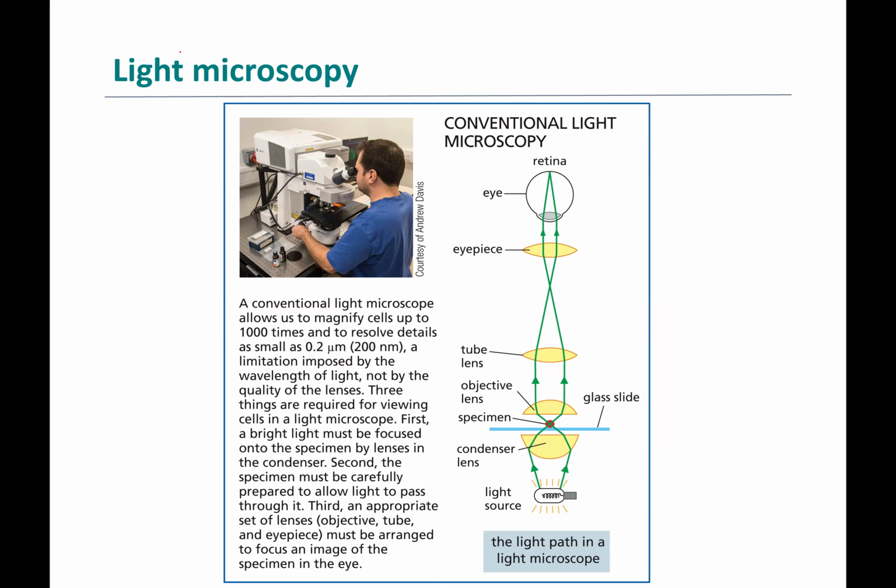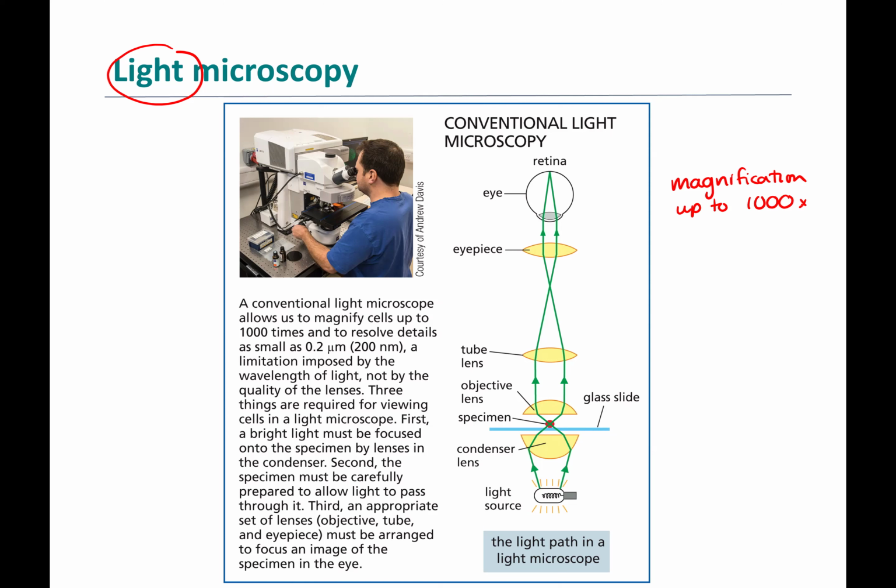So light microscopy is the type of microscopy you have used in school. It uses light to illuminate the specimen, and that's what we can see. Light microscopy has a magnification usually up to about 1,000-fold. So you can make something 1,000 times bigger than it is to take an image of it or to look at it. The resolution